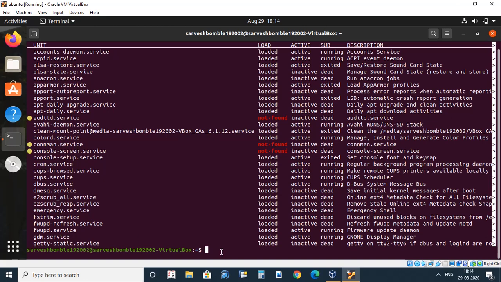It is already started, so we need to stop the service first, and for stopping the service we have to type systemctl stop, and then enter the name of the service, which here is fwupd.service.